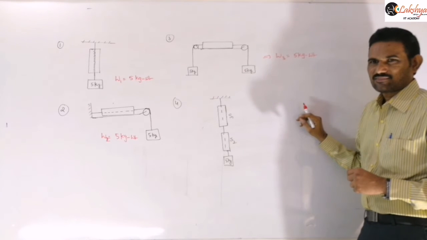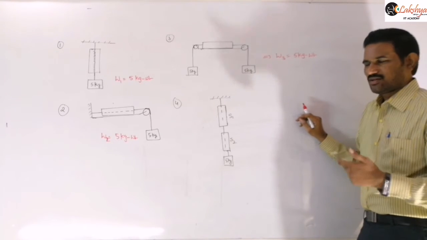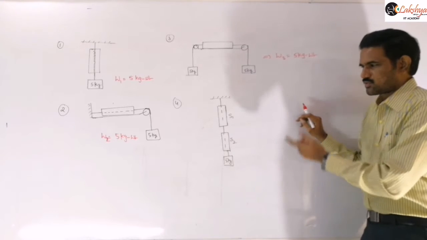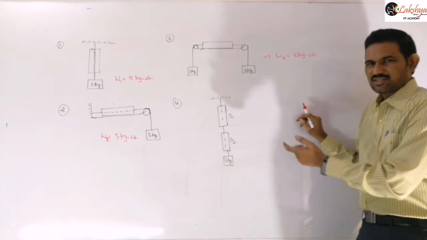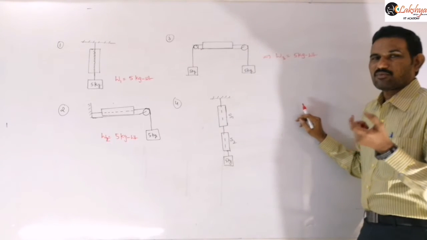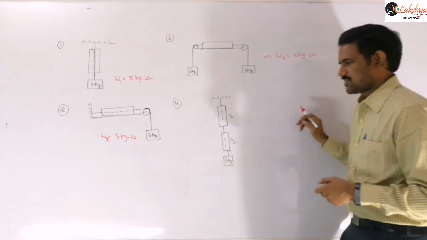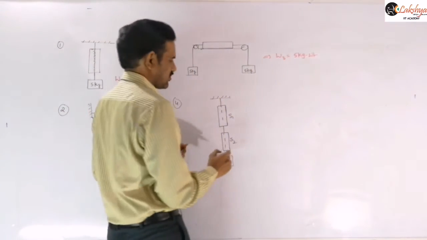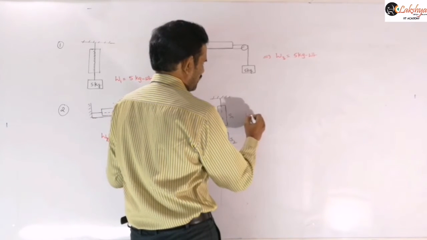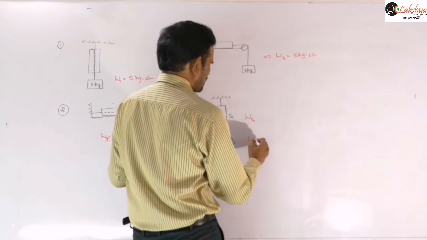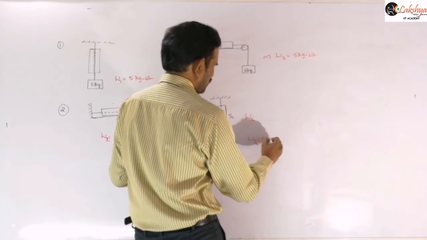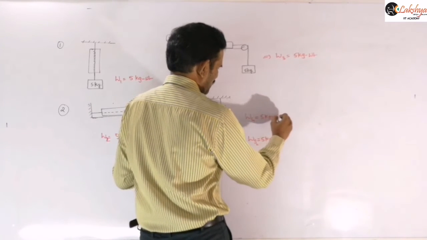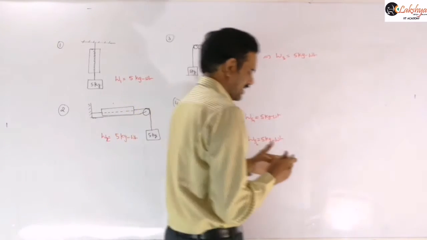It is not correct. Just to answer, in this fourth case that we discussed already, both the springs are in series, like two springs in series. The spring force will be the same, so whatever the spring force is here, the same amount of spring force will be there here also. So the reading of S1 and the reading of S2 will both be 5 kg weight only.